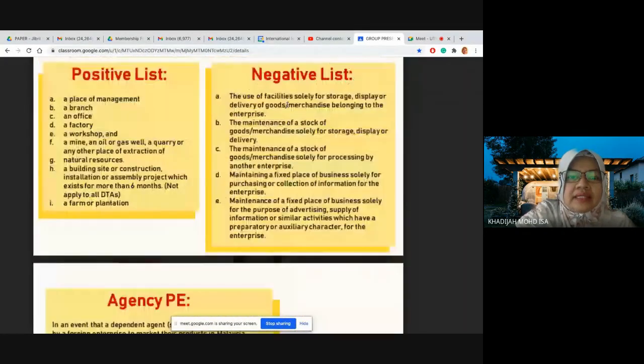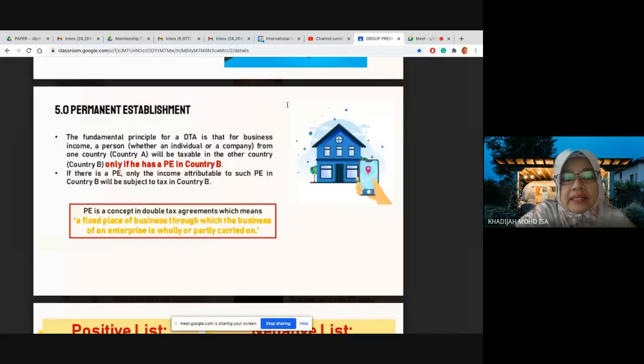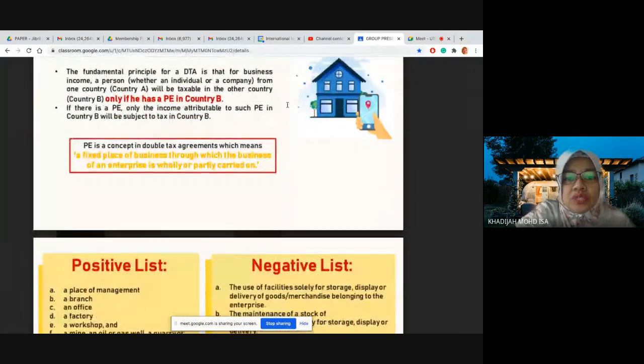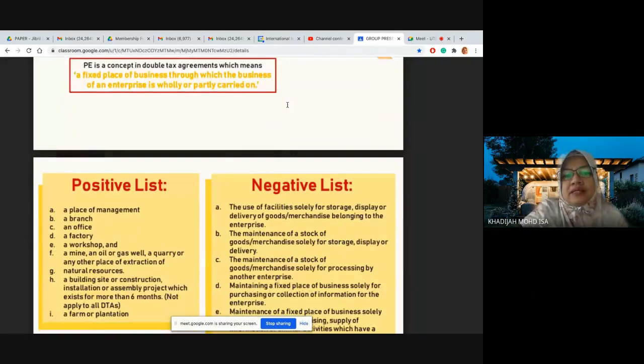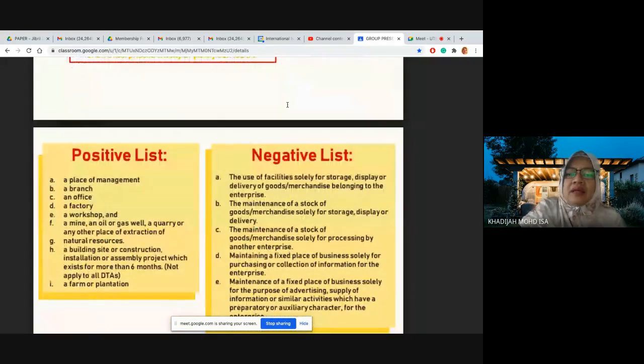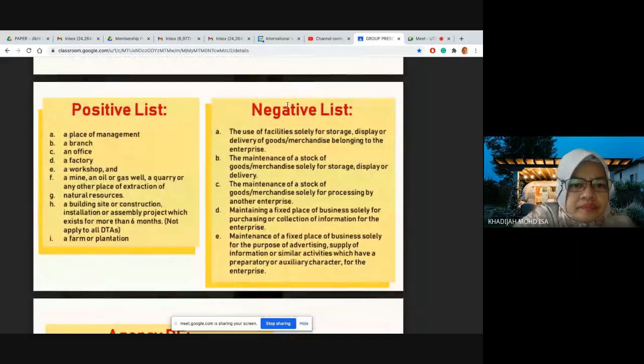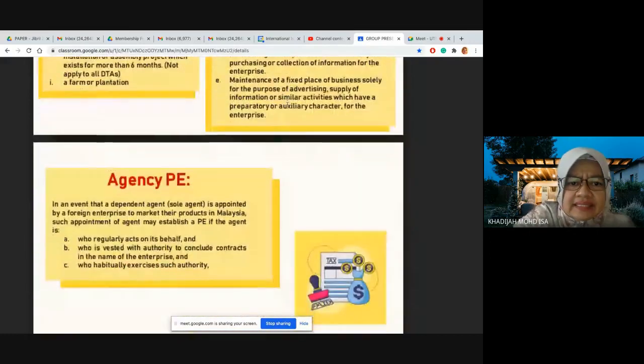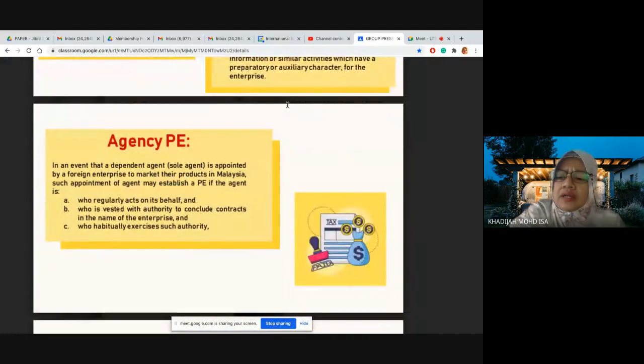Okay, ni di permanent establishment. Right, another issue that you have to look into, given a scenario, you have to decide whether ada PE ke tak. Right, kalau ada PE, kenapa ada PE? So you have to look at this, they call it as a positive list, negative list lah. Right, and then ada agency kan. Agency ni lazimnya kalau you ada, normally bila ada, dia tak ada office kat Malaysia for example,